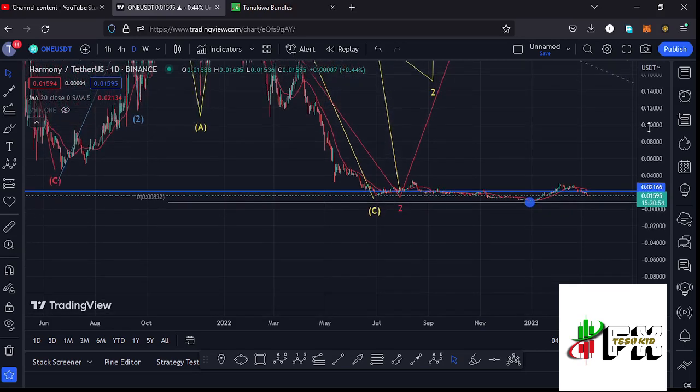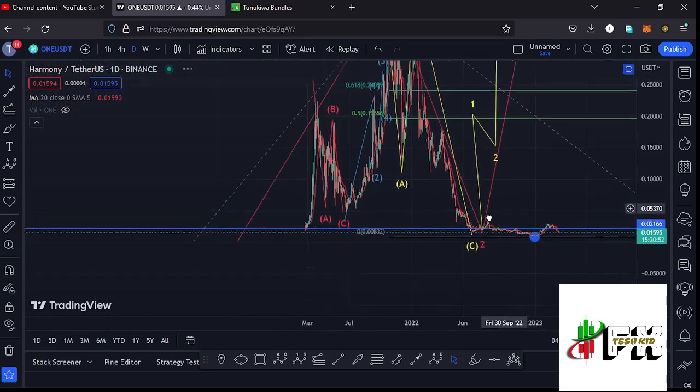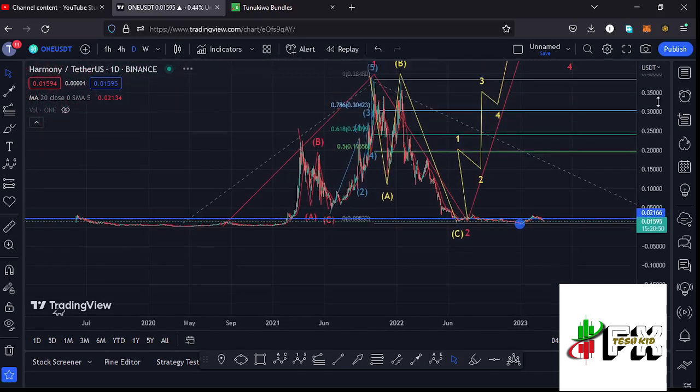We have also lost the 20-day MA here on the daily chart and also continue to obey the Elliot structures. And before I get further into the technical analysis and also give you my next price targets here on the Harmony One chart,